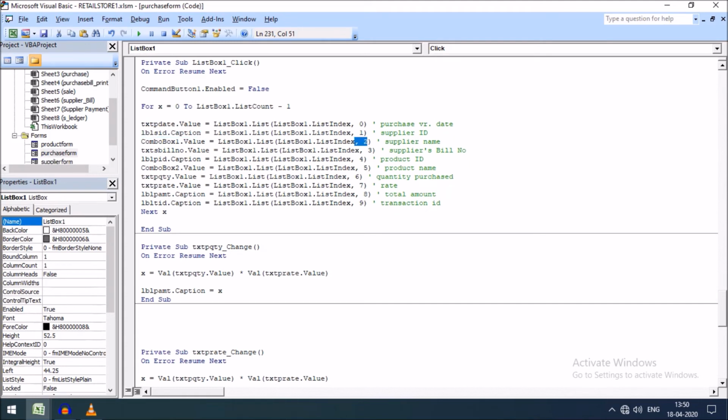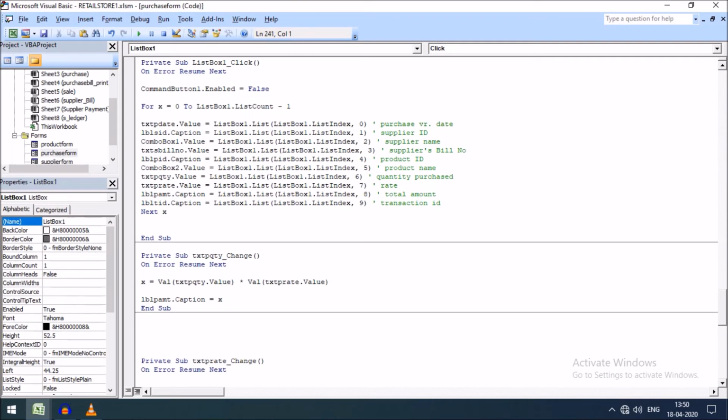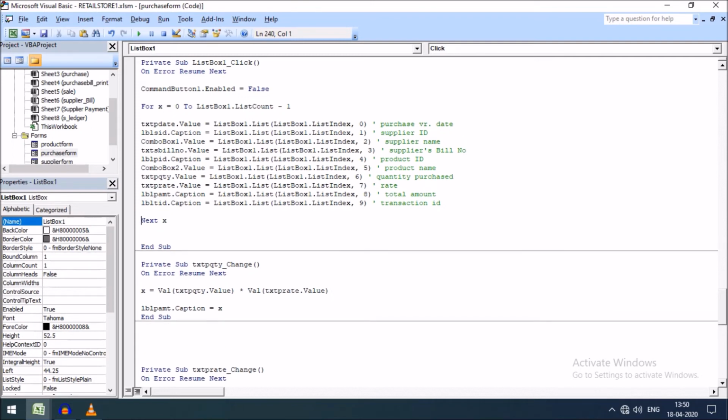Similarly, the third column has been assigned to combo box 1 dot value, and similarly the 4th, 5th, 6th, 7th, 8th and 9th, all the data is taken from the list box columns to the controls of the user form like this. So I have concluded the for loop with next x.